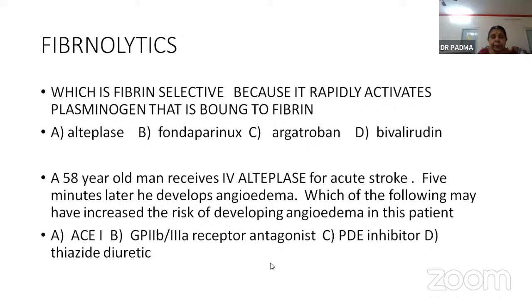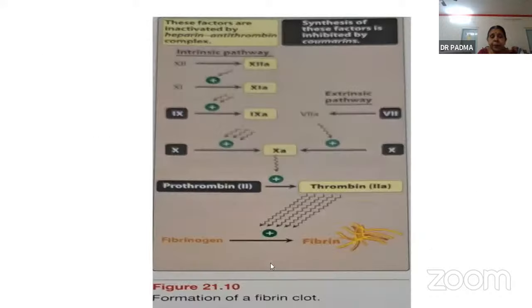So just a little bit of brainstorming. Here, as I told you, the fibrin clot is formed in the presence of 10A, where prothrombin is converted to thrombin, and in the presence of thrombin, fibrinogen is converted to fibrin. So the fibrin clot is formed when it is from outside. This fibrin should be lysed when it is internal,